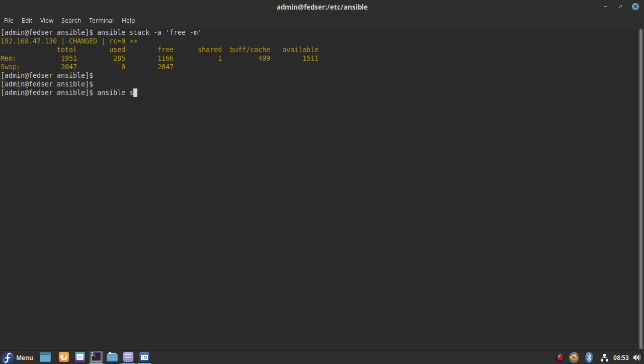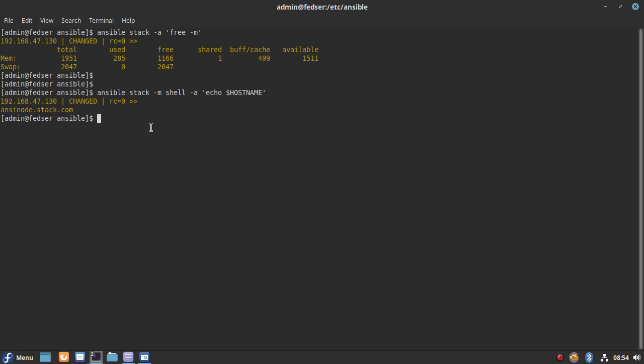Ansible stack is the inventory on which we want to execute the command, -m shell is the module, and -a is the command argument which we want to execute, that is echo $hostname. As you can see, it has provided me with the host name of the remote node.